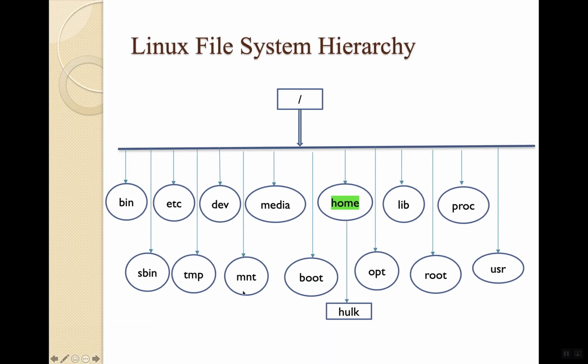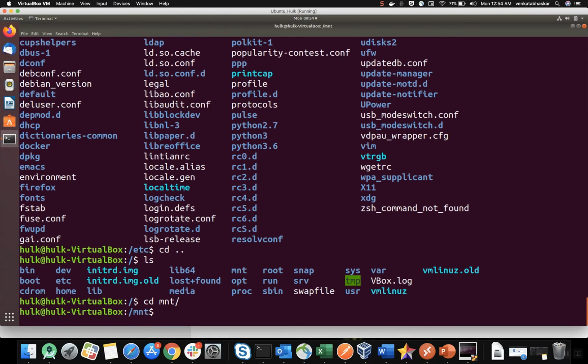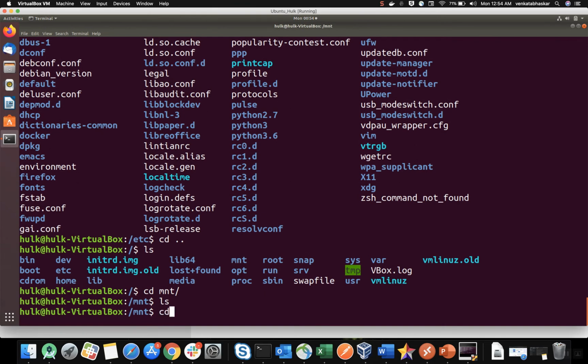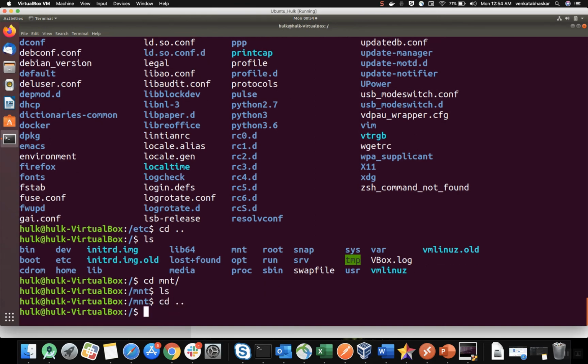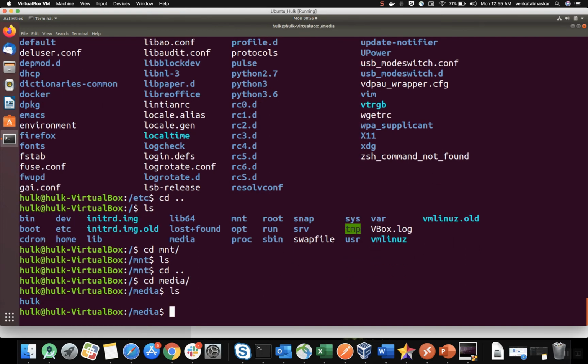Okay, now I'm going to my previous working directory, dev, and the mount directory. Mount and media: when you attach any external hard disk or a pen drive, then only the files will be there. If I see here, the files will be empty, no data. Okay, and if I go to the media, see, in the media there is a hulk. Why? Because from my Mac system I installed VirtualBox, the hulk user, it's automatically mounted in this media. It's like one hard disk, right? My hard disk has something allocated, some 150 GB.